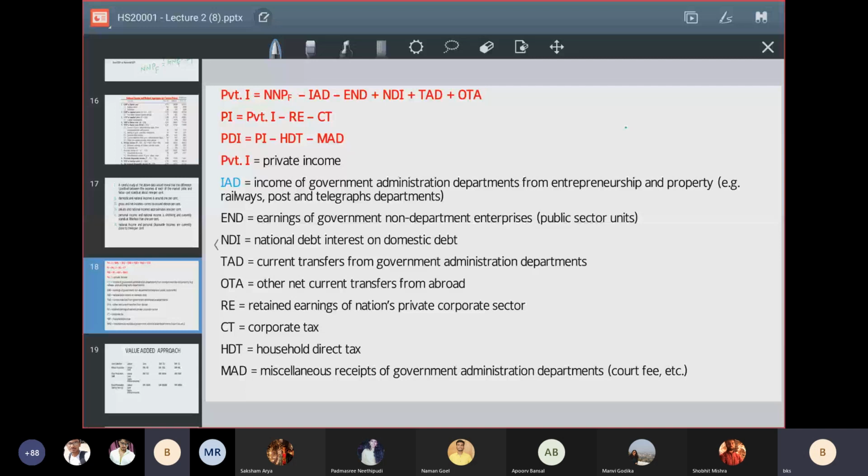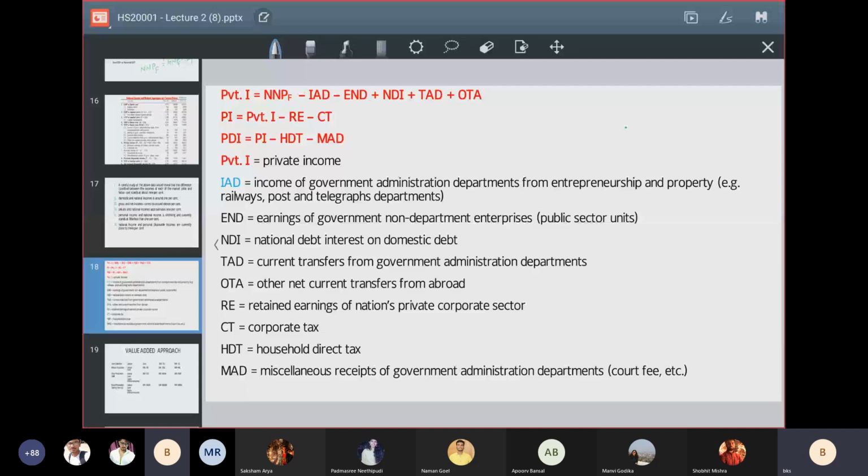So you can calculate your private income as equal to your national income, that is your net national product at factor cost, minus income of government administration departments from entrepreneurship and property, for example, in case of railways, post office, telegraphs department, and so forth, that is the income of the government administrative department. Then earning of government non-department